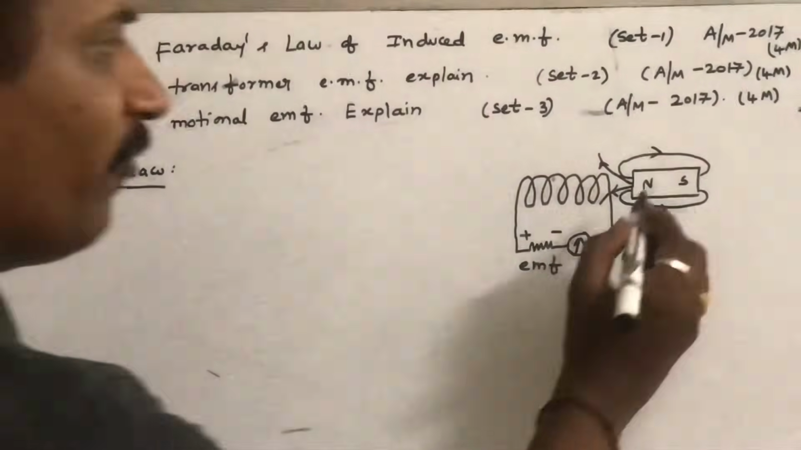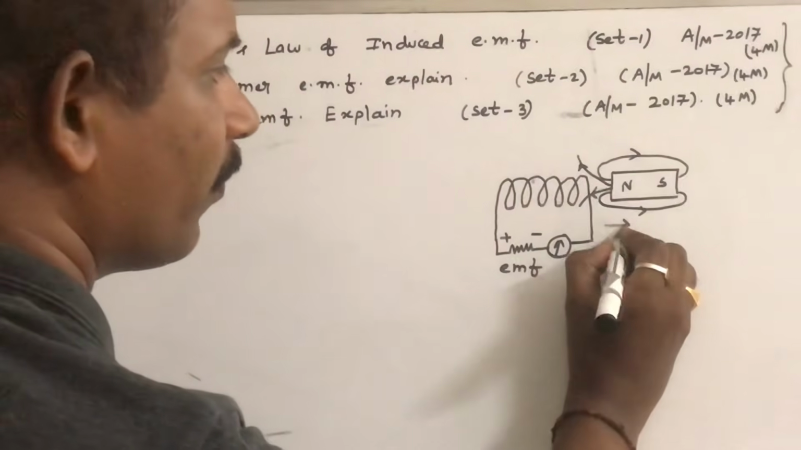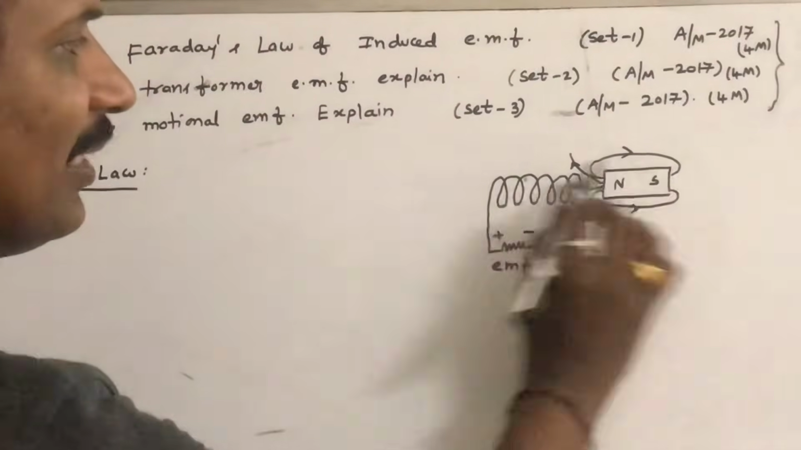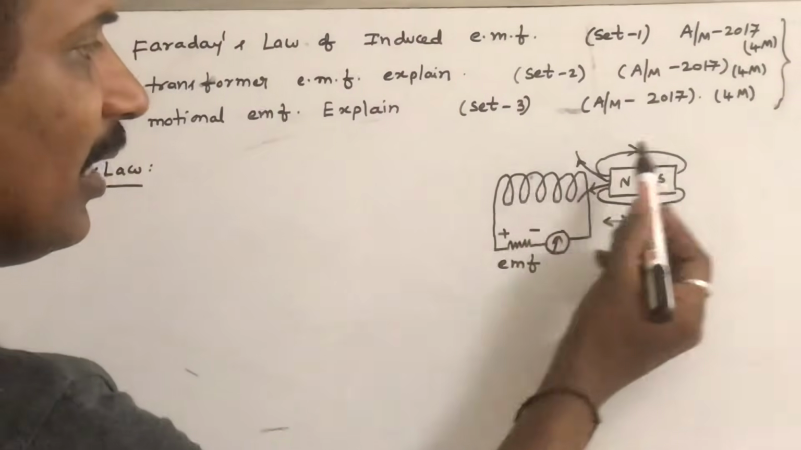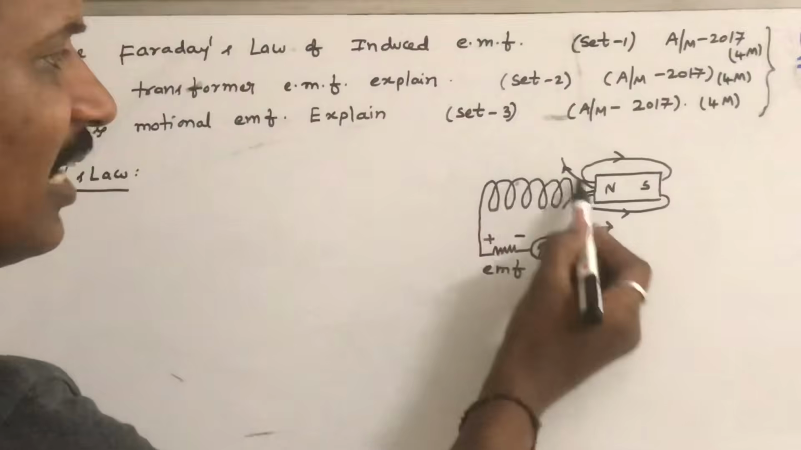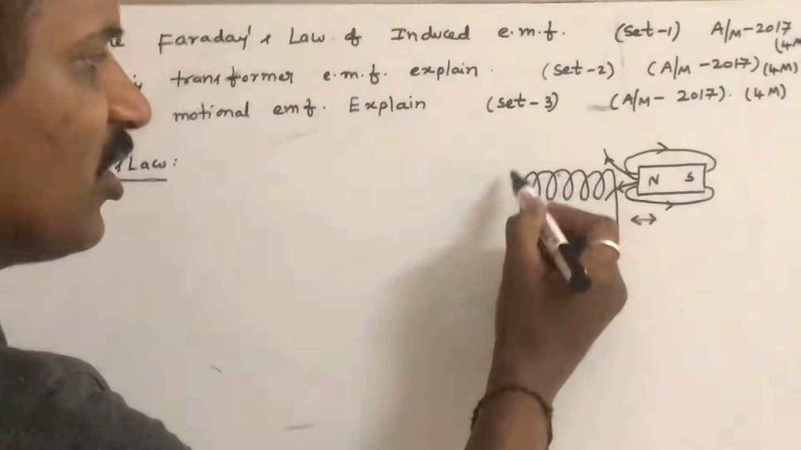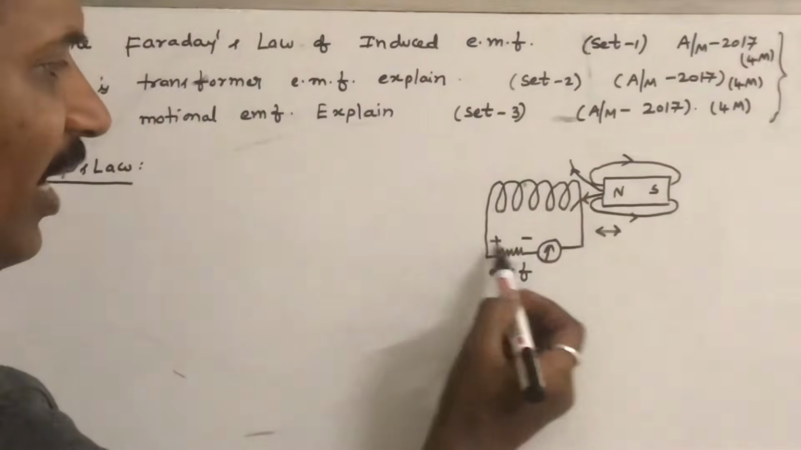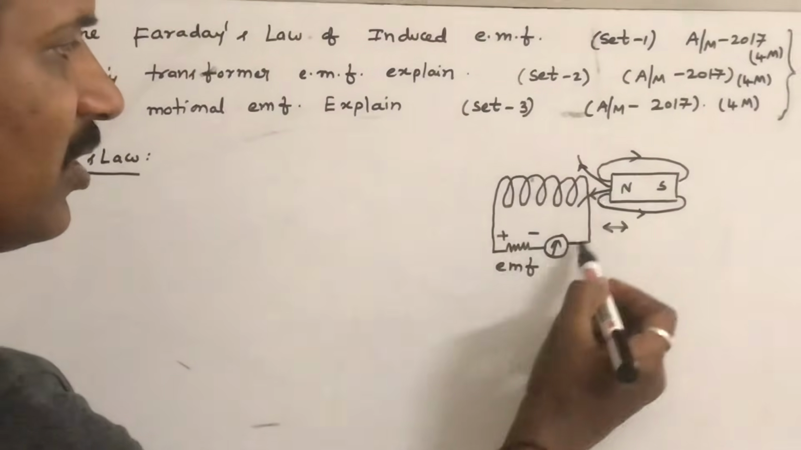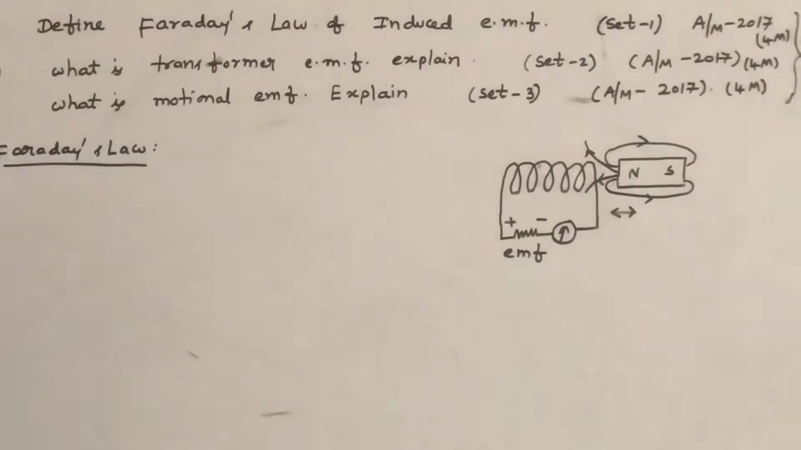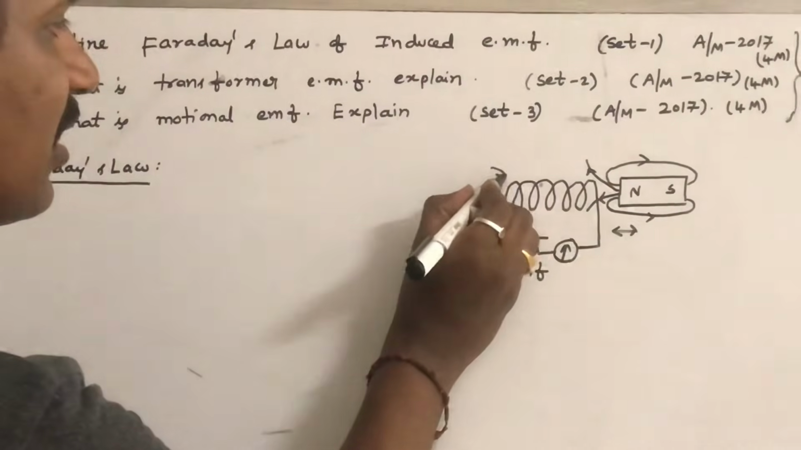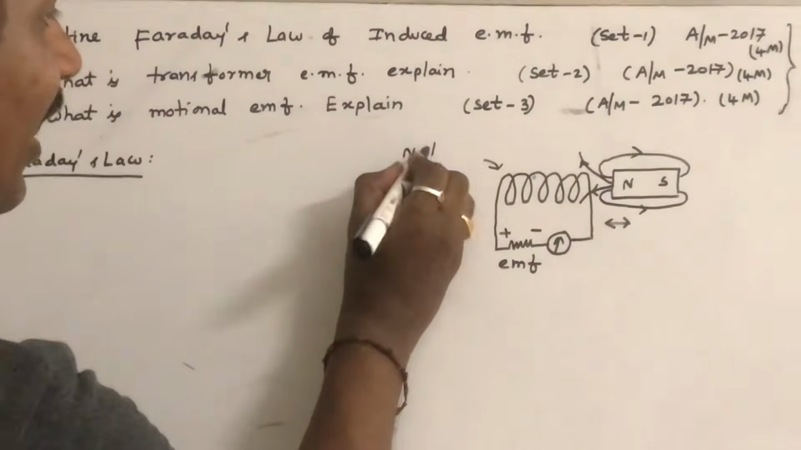in this loop. If you move the magnet like this, then this conductor cuts this magnetic flux. Because of cutting this magnetic flux, a current starts flowing in this loop. Because of this current, there will be an EMF induced in this circuit. So, for example, if this circuit consists of n turns,